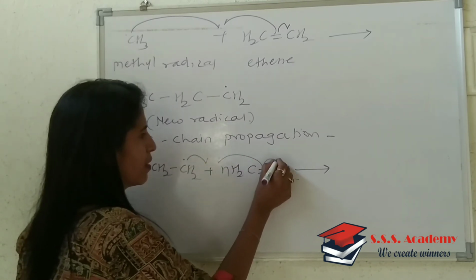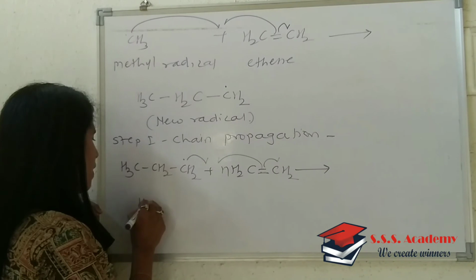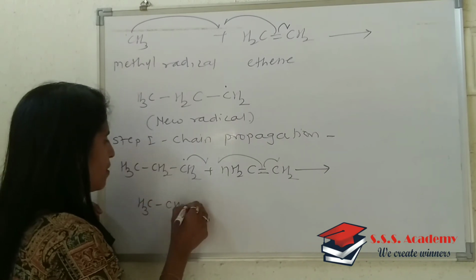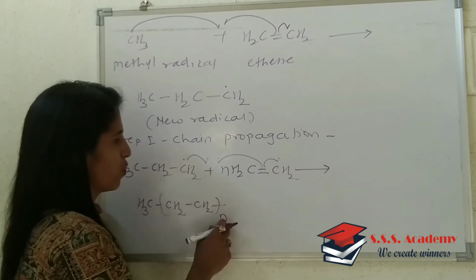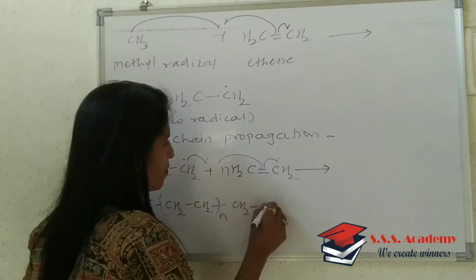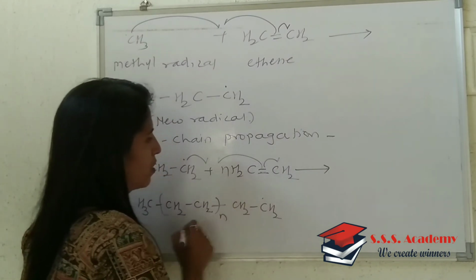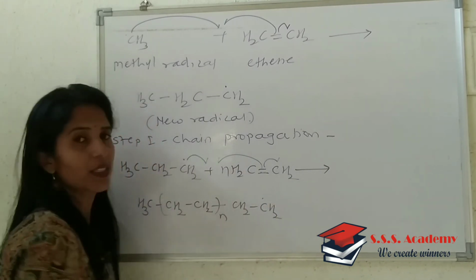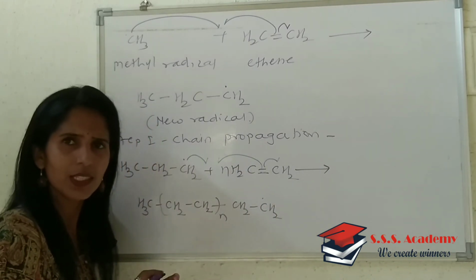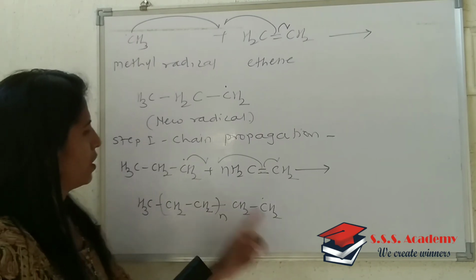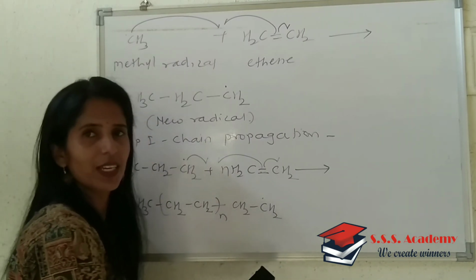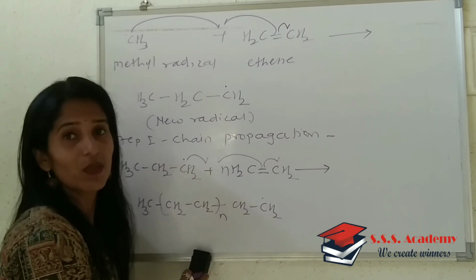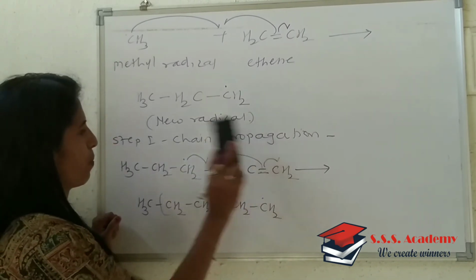Okay, like this, and I will write this as, n moles will get attached over there, and therefore it results in the formation of this kind of radical. Is it clear? So that refers to the step where the length of the polymeric chain increases. So this is a very fast step. So that refers to chain propagation.